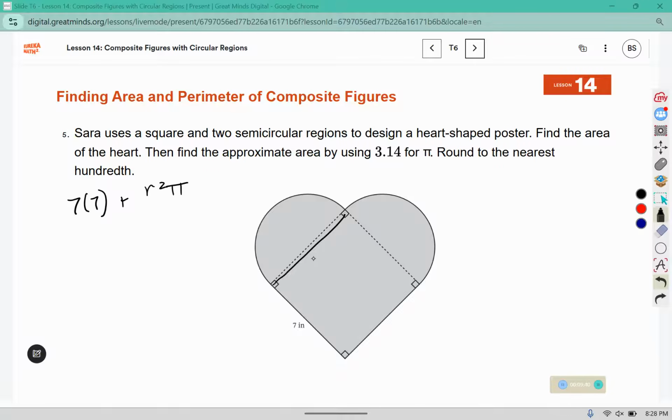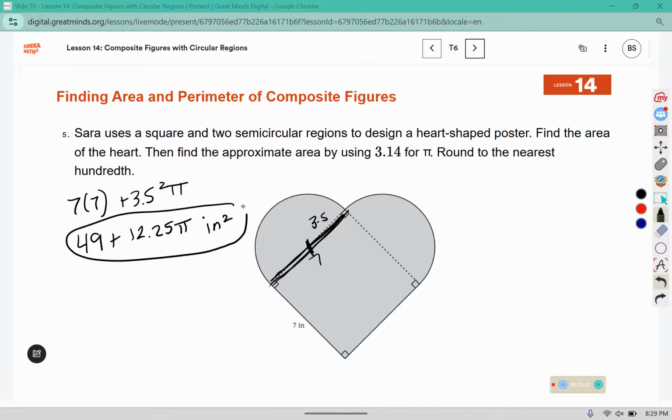This dimension here is 7, but that's the diameter because it goes all the way across. So the radius would be 3.5. 7 times 7 is 49. Then we need 3.5 times 3.5 to get 3.5 squared, which is 12.25 pi. And this is measured in inches. So there's the area. And the approximate area, we have to multiply 12.25 by 3.14,